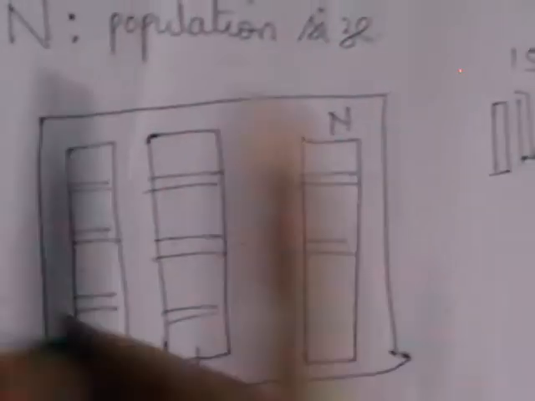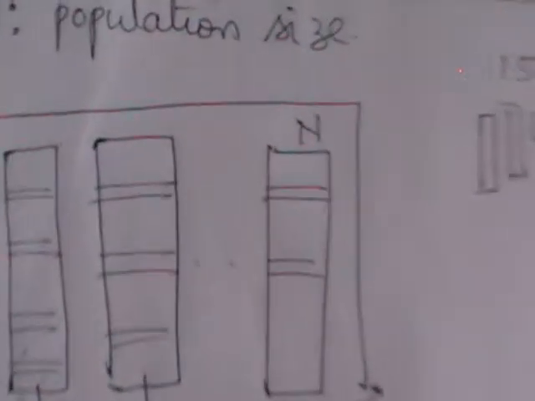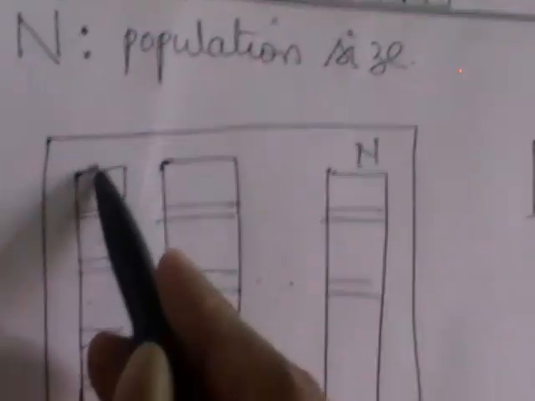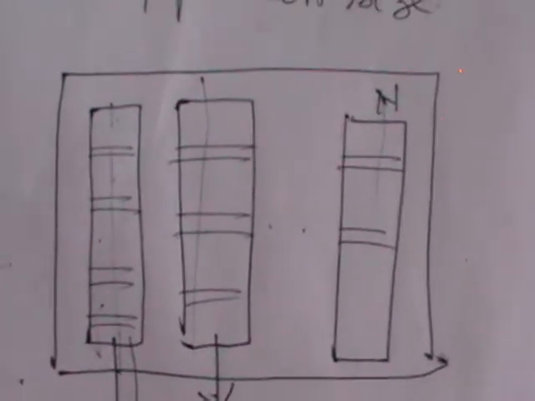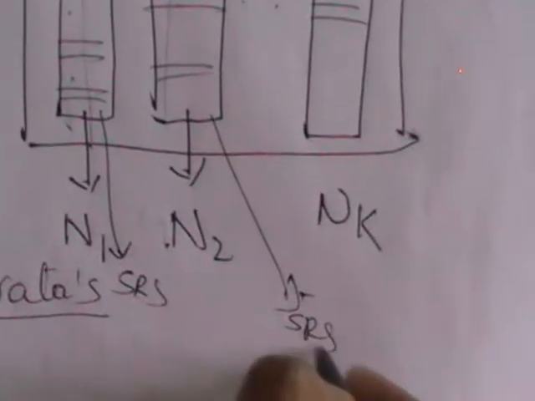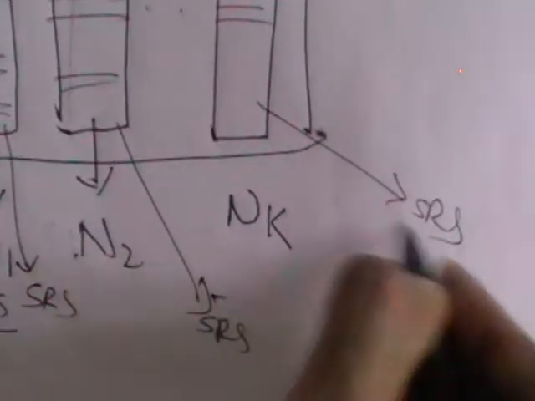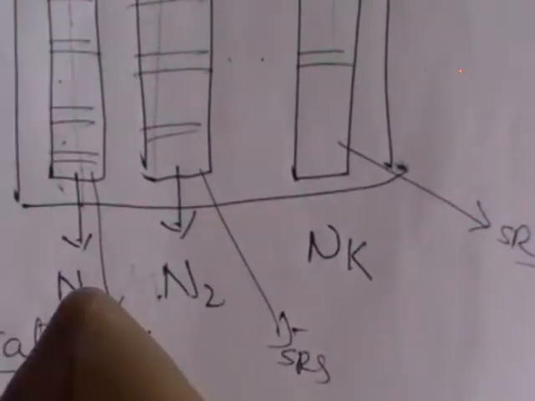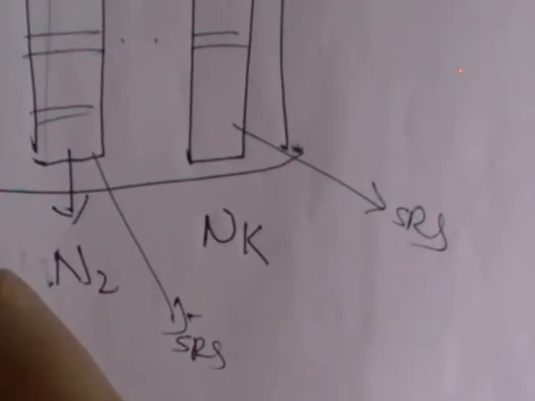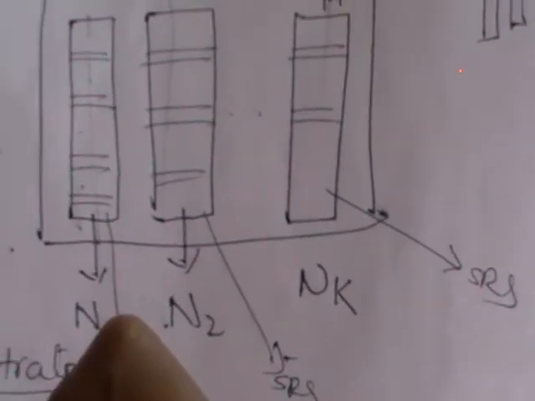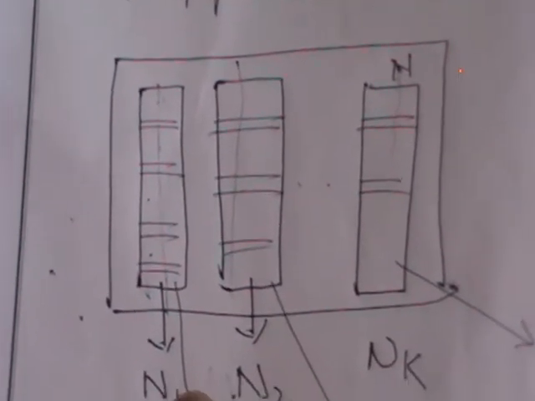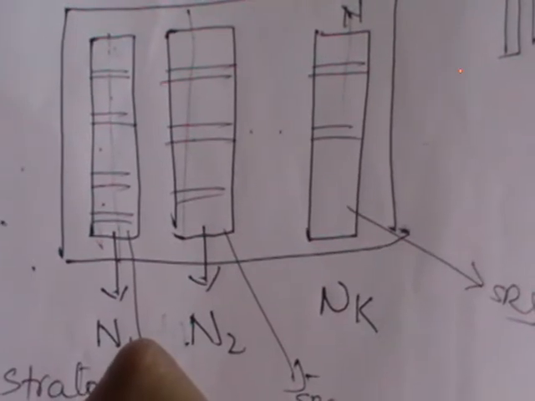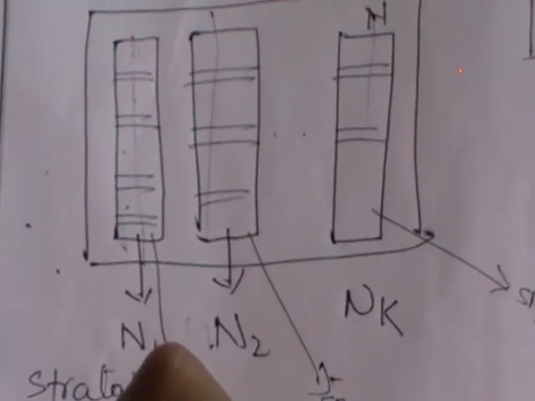Now the basic technique which we are going to use is again SRS. As this became homogeneous, this is homogeneous, this is homogeneous, again you can use simple random sampling without replacement here. Here also you can use SRS, here also we can use SRS. So for homogeneous, SRS can be used directly. For heterogeneous, first of all we divide it into homogeneous blocks, then we apply SRS to each block or each stratum, which is called stratified random sampling.